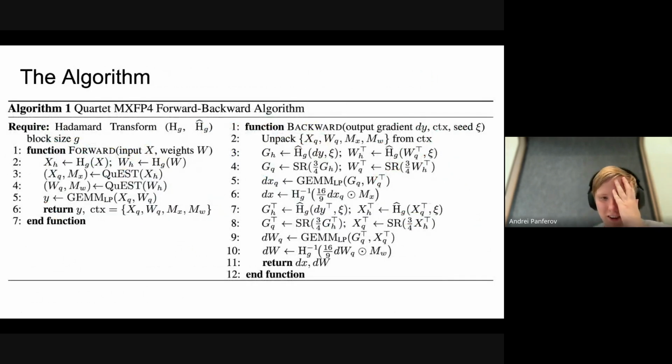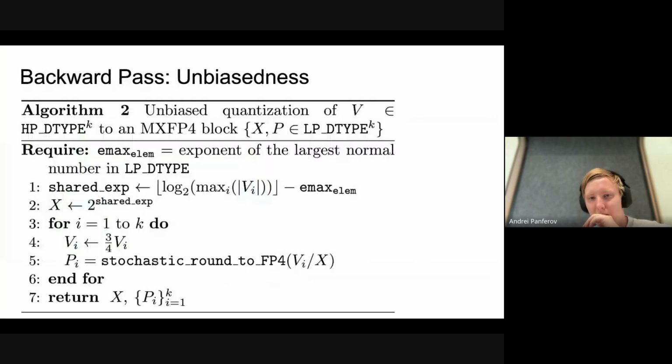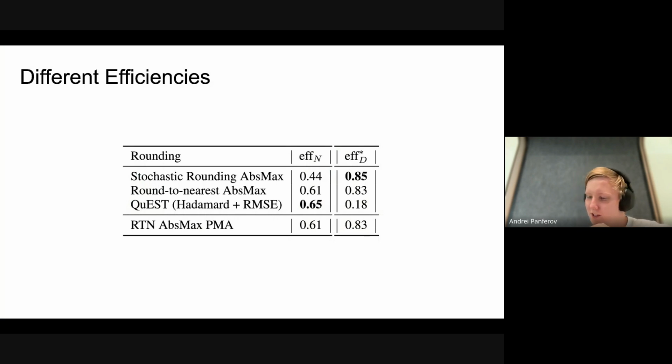So to sum up, our method can be described as follows. On the forward pass we do QuEST quantization, and on the backward pass we do Albert Senk's stochastic rounding scheme to obtain an unbiased gradient estimation. And like this, we obtain an end-to-end training method that performs both the forward pass and the backward pass in FP4. And as we can see from the efficiencies in this table, it has a parameter efficiency of around